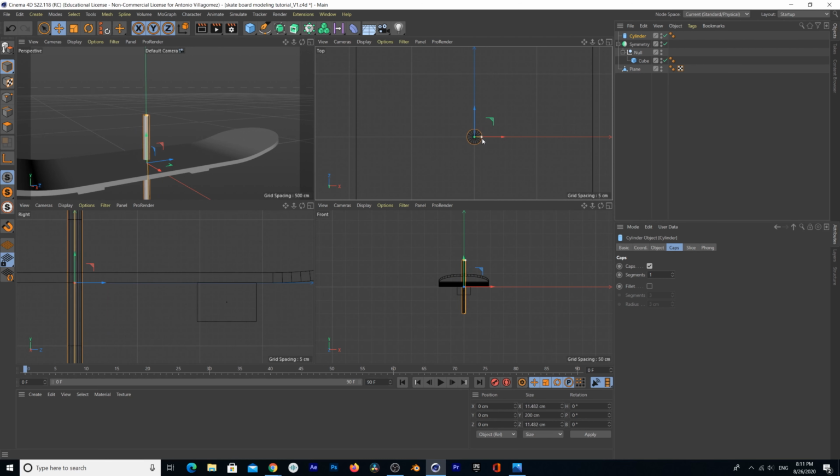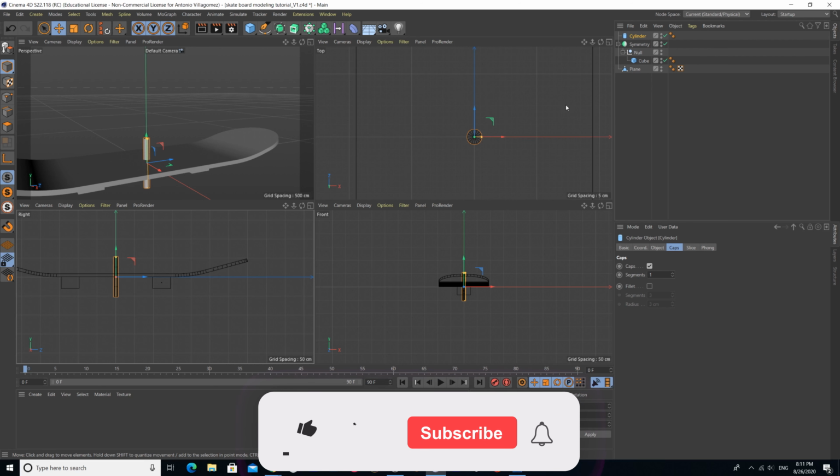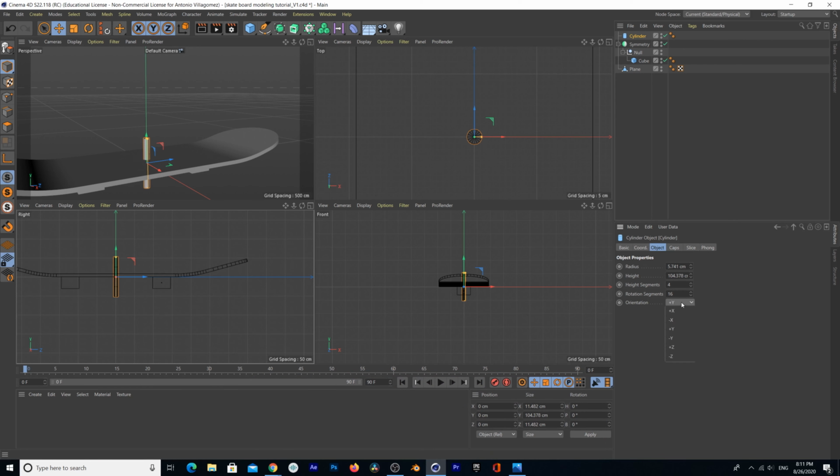It has to be kind of thin, and it has to be way smaller, and also the orientation needs to be different. So with the cylinder clicked on, we're going to go to the object, and then down here it says orientation plus Y. We're going to select orientation. We're going to change the orientation to plus X, and now it's facing the right direction. And now we're going to place it right about here,